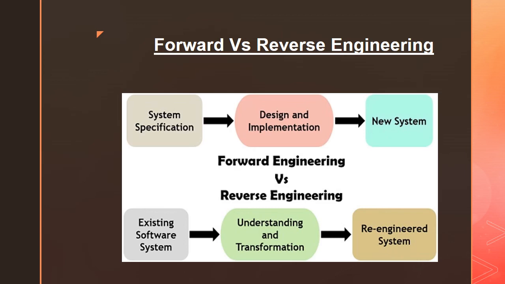So in this reverse engineering we are starting with the existing software that is already existing, and we have all the coding and implementation of that software system. Then on the basis of this existing software system we are understanding, collecting and examining all this information, and then we are providing the DFDs and making the structure chart on the basis of the knowledge that we have gained from the existing software system, and then we are re-engineering the system. That means we are recreating the entire design. So this reverse engineering is going in the reverse direction as compared to the forward engineering.